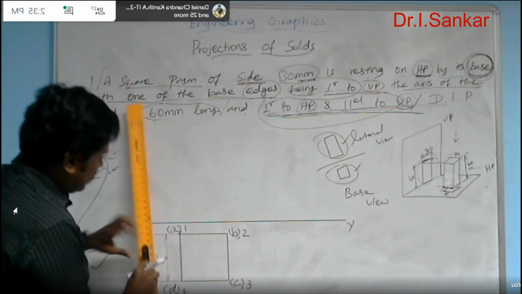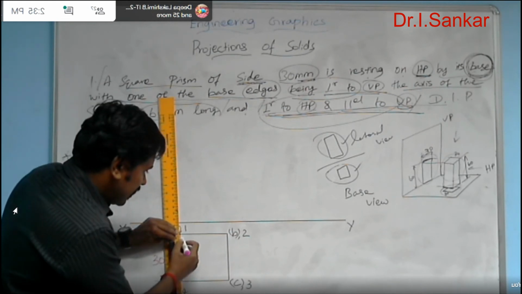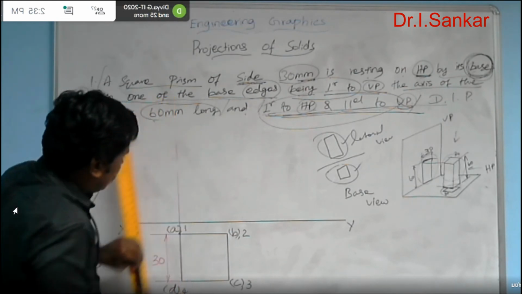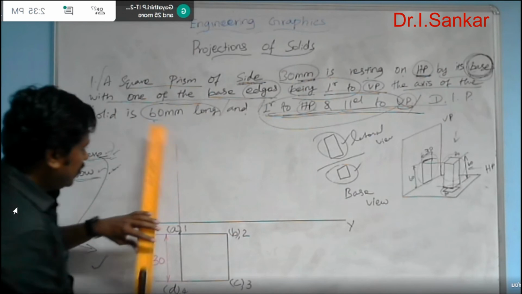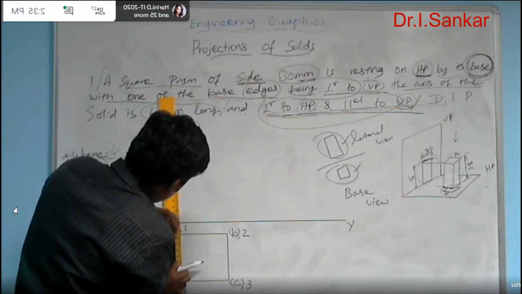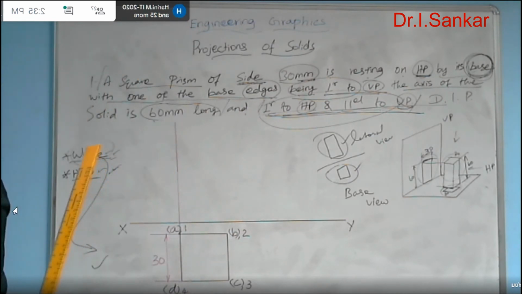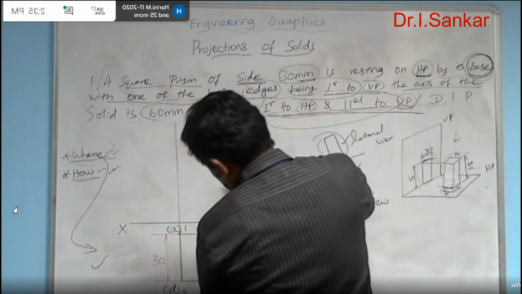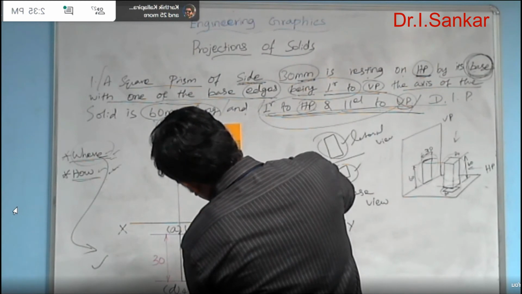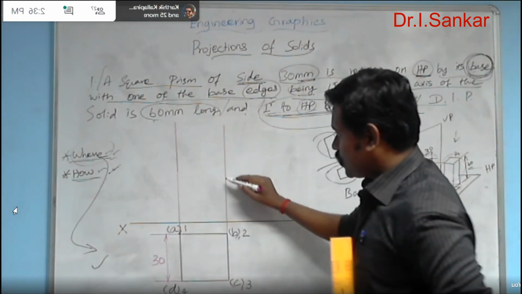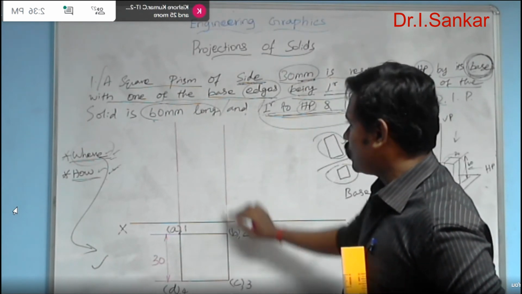Just draw the projectors from each and every corner of the object from the top view. Totally 8 corners are there. See, this one projector is common to 1AD4. Common to 1AD4, because they are coincident with each other when you draw the projector from top view to front view area. And then draw the projector for the remaining corners. See, this projector is common for B2C3. For all these corners, this one projector is enough.